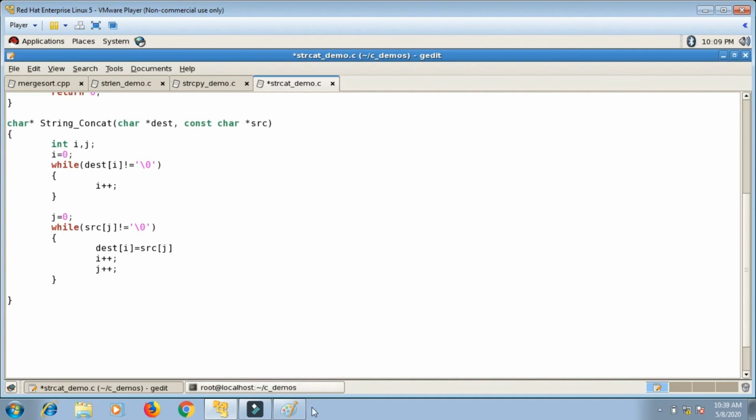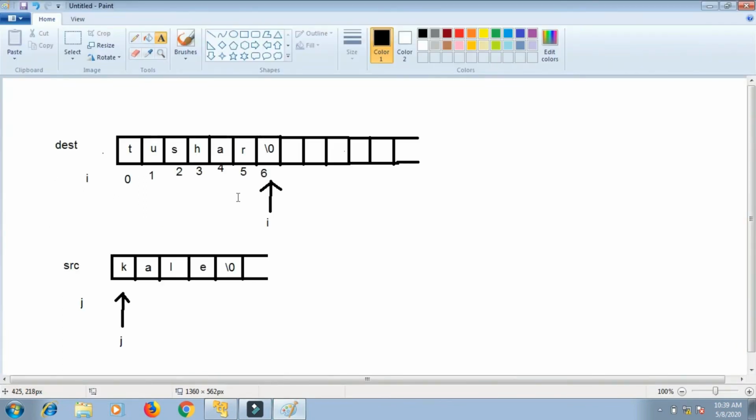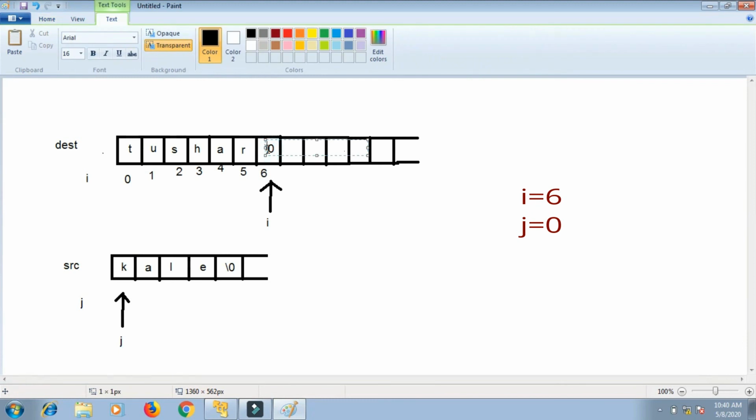Now let me show you that in the diagram. What I have written is dst[i] equals src[j]. So dst[i] means now dst[6] equals src[j], meaning src[0]. So this k is copied here. Now that null character is replaced with k.